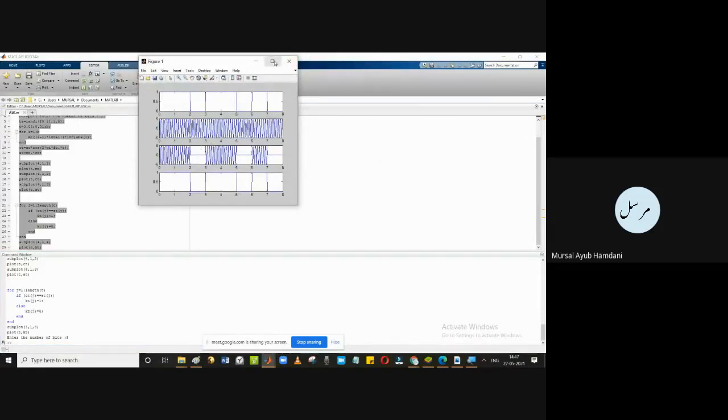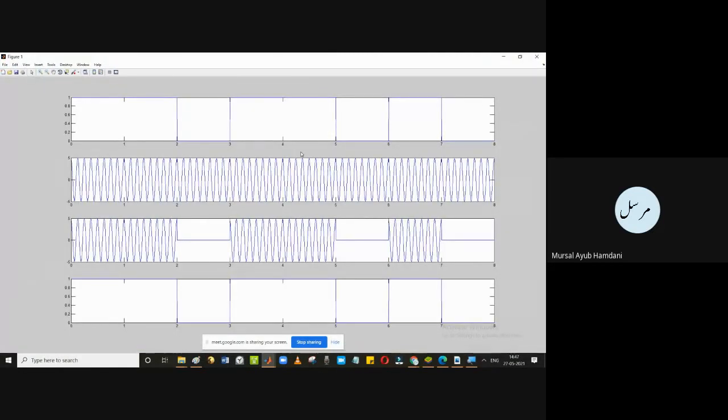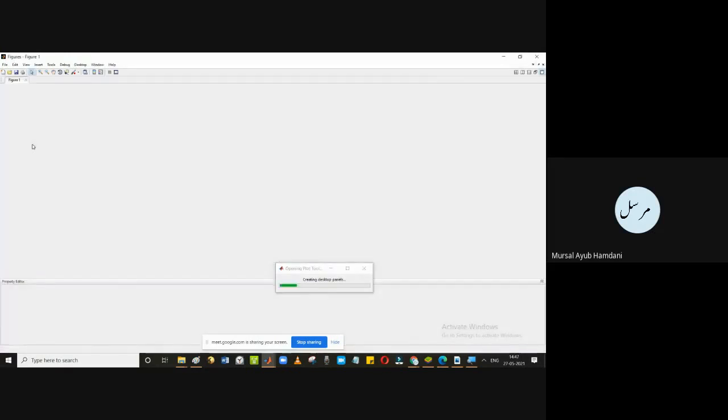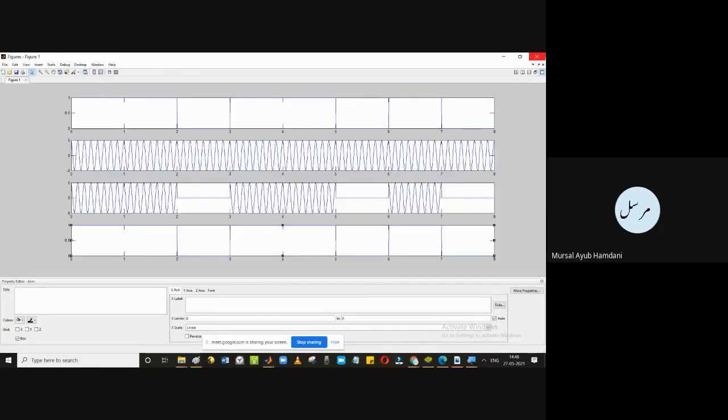So here we'll get the sequence generated. What is this? Let me now show you how you can do many different things in MATLAB. I think the class will be going long because I'm going very slow so that you can understand all the things. Okay. Now here what you can do is you can click here.